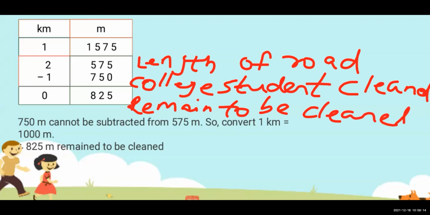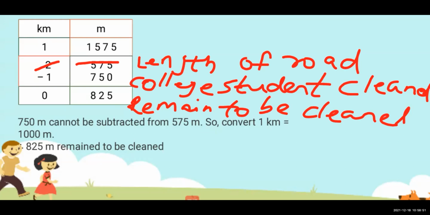So what is the subtraction method? We have to cut from kilometer 2 and take 1 over here because 1 kilometer is 1000 meters. So we have to cut here 2. We have to take here, it become 1575 and from 2 it become 1. So 5 minus 0 will become 5. 7 minus 5 will come 2 and 15 minus 7 will become 8. 1 minus 1 will become 0.